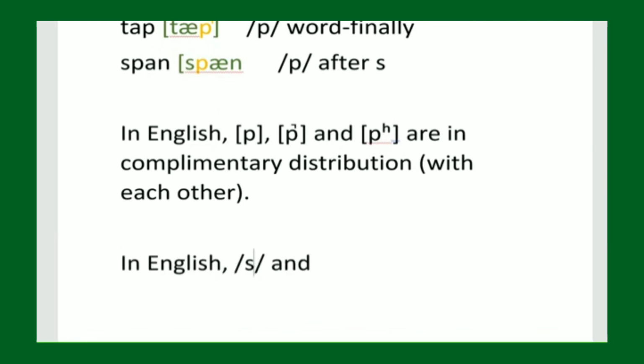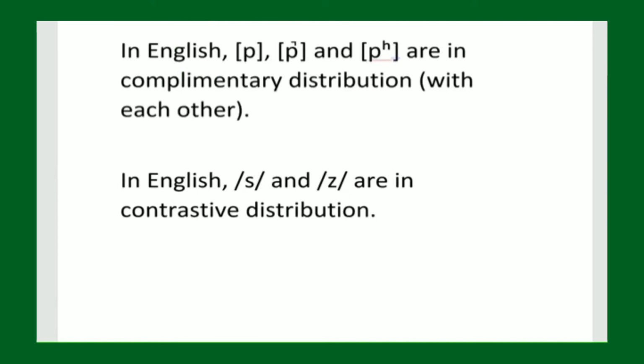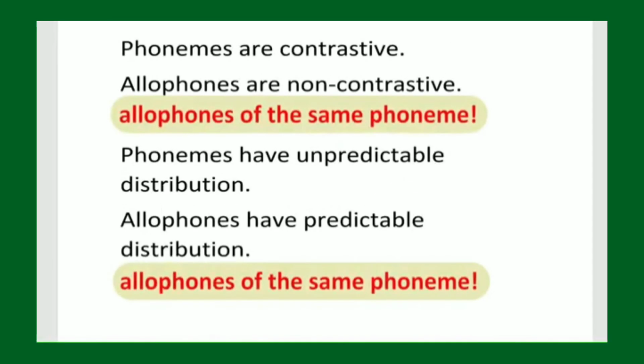Again, in English, the and the are in contrastive distribution. The word contrast is in reference to meaning, of course, so they contrast meaning. These are all phonetic variants, but whether they are mental realities, which means phonology, depends on the language, the way the speakers of the language put them in a system. And that's called the phonology of the language. Phonemes are contrastive, allophones are non-contrastive. Phonemes have unpredictable distribution, allophones have predictable